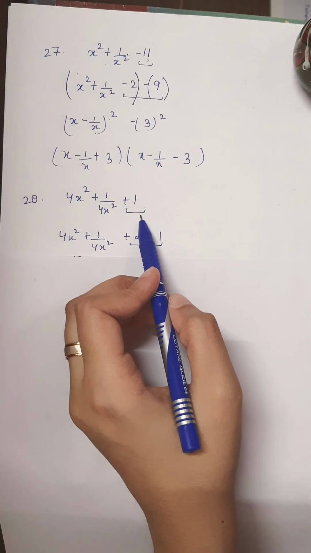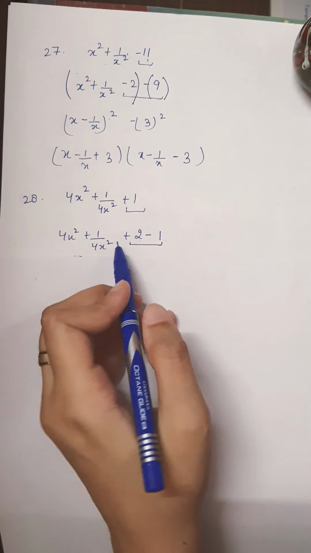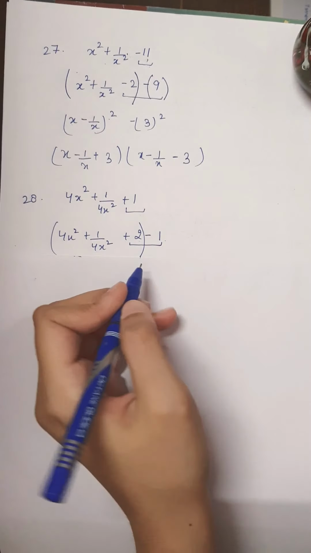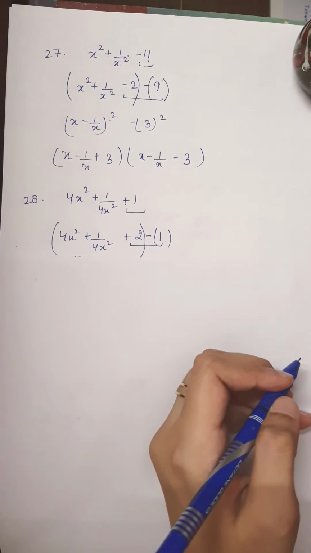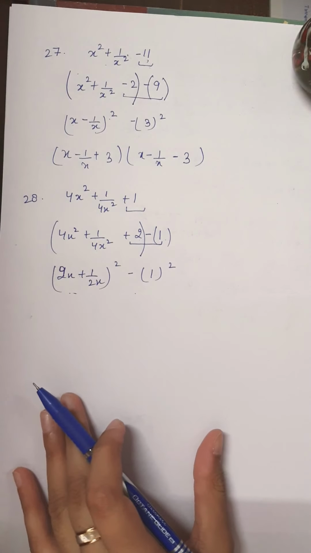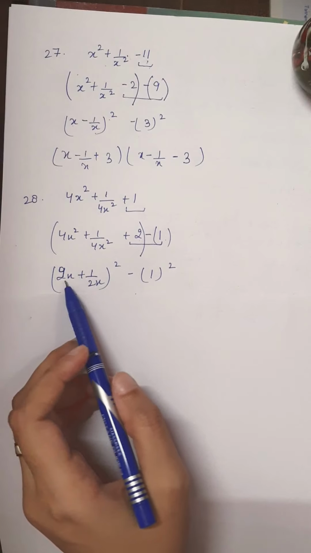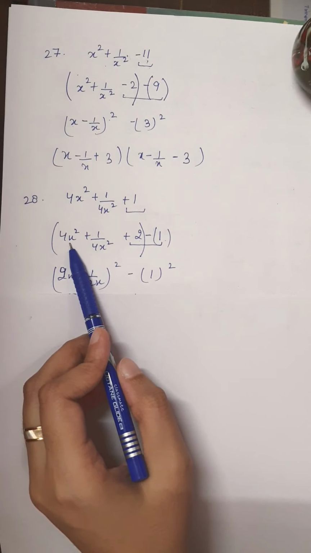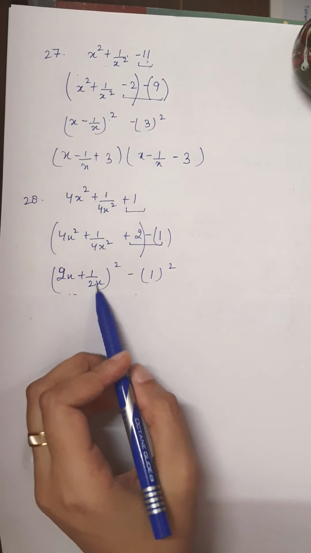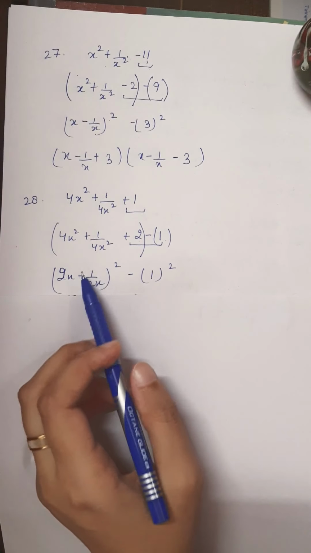So there is no change in the question that has been made. And the benefit is this grouping will follow and this grouping will follow. This is a perfect square of this. You can try square of first term 4x square, square of second term 1 by 4x square, and